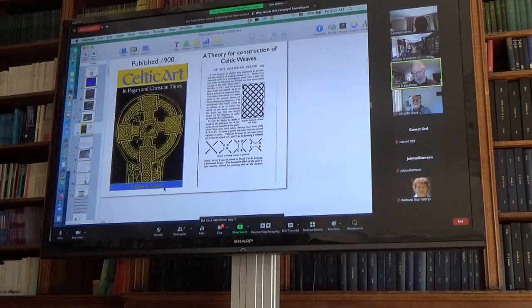If you look at this book by Romilly Allen about Celtic weave, then you see that he systematizes how to think about Celtic weave by suggesting that you as a designer could start with a rectangular alternating lattice weave like